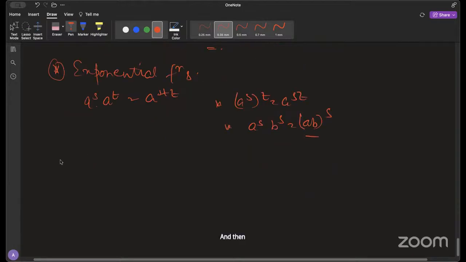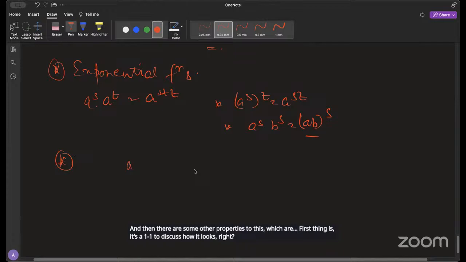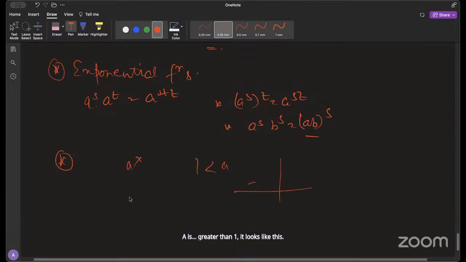And then there are some other properties, like, first thing is it's a 1-1 function. Let's discuss how it looks. If you have a to the power x, where a is greater than 1, it looks like this. And if it's between 0 and 1,